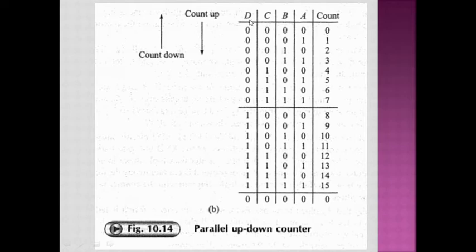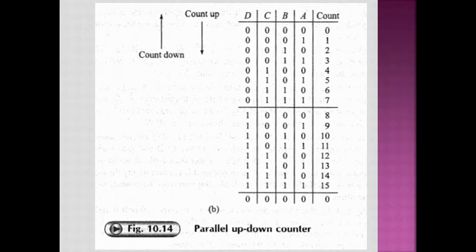That means there are a number of discrete states from 0, 0, 0, 0 to 1, 1, 1, 1. So the number of states is going to be 16 because 4 flip-flops are going to be utilized. That means 2 raised to 4, there are 16 discrete states with the content of the counter. So this is called a modulus 16 counter.